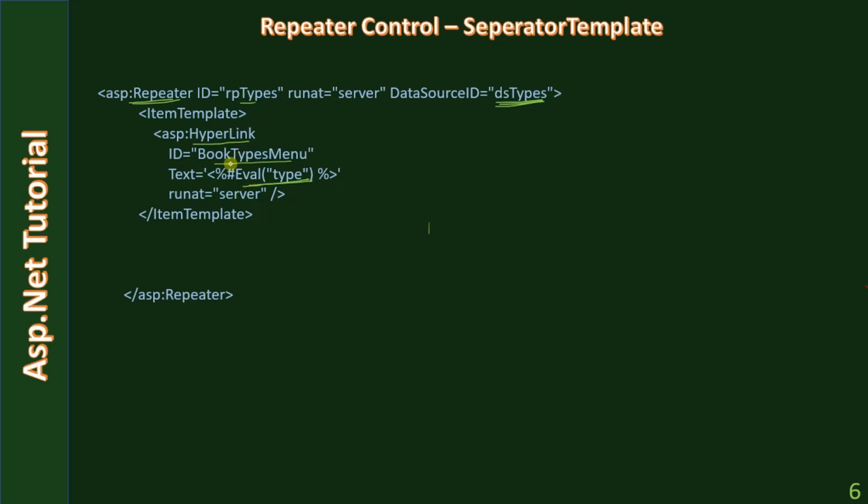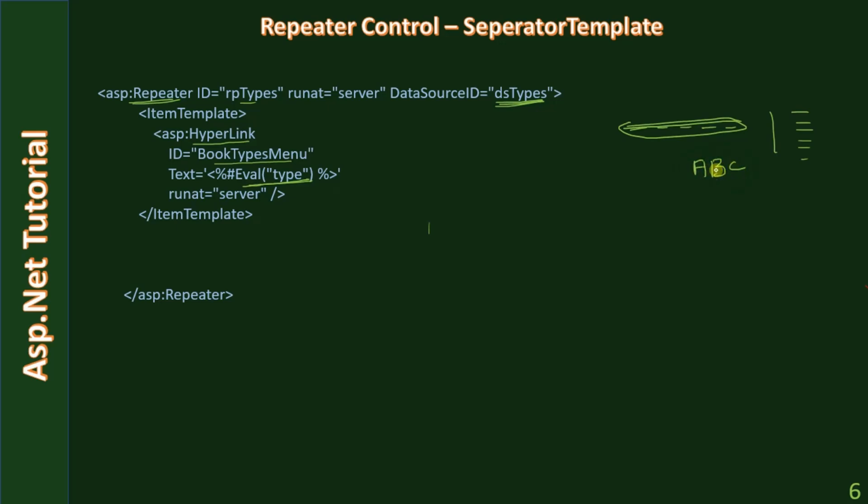At this stage it will display the content like this. If there are 6 books, all will be displayed in a row, and if you put a break in the item template, then the same can be shown in a vertical manner. Here our goal is to show a horizontal menu, right? That's why we don't use any break inside the item template, so that all the items will be displayed side by side. So when items are displayed like this, say for example if there are 3 items, it will look